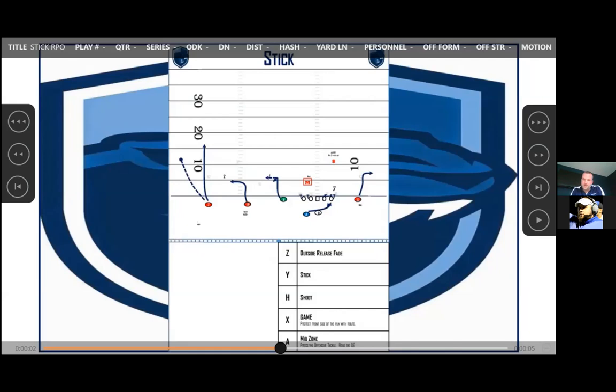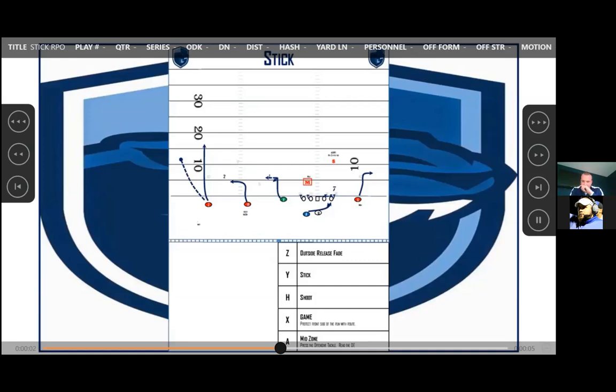So we always try to talk to our quarterbacks about, if he's getting down in the box, we need to know this. We need to have answers. And it might not mean checking the play, but it might mean checking the play. It also might mean we need to do some other things and go to a different RPO. So that's why we want to make sure he's out of the mix, okay?